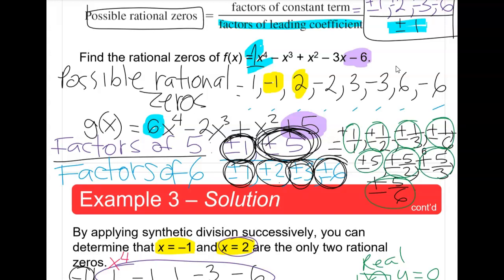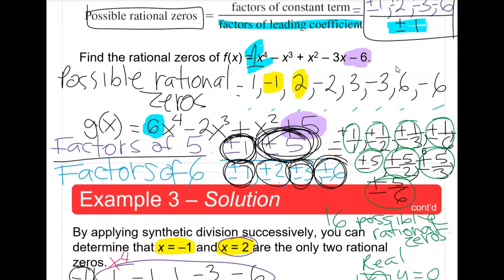But if we consider positive and negative, we have a total of 16 possible rational zeros. So if we didn't have a graphing utility, such as a calculator or a computer, it would be hard for